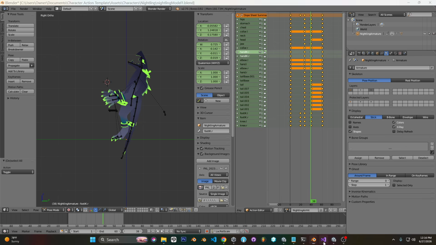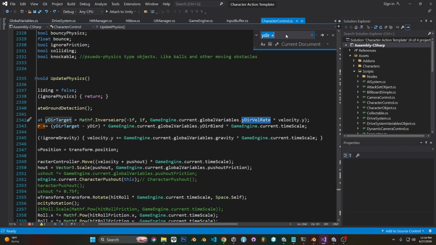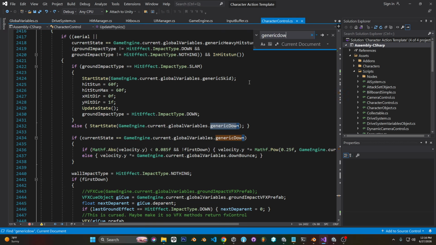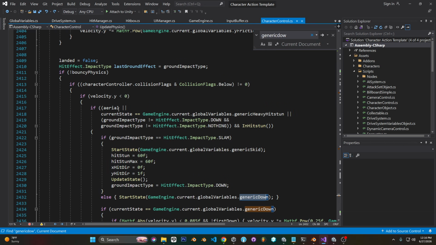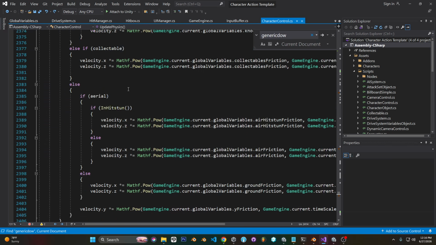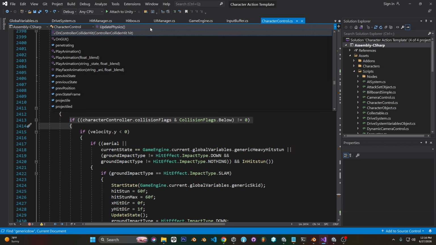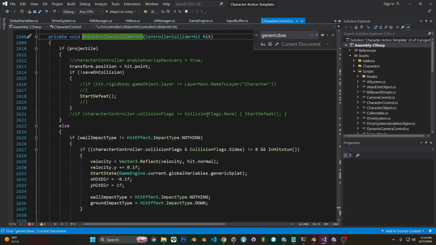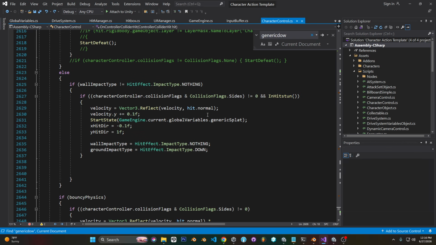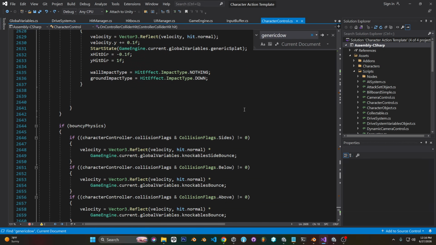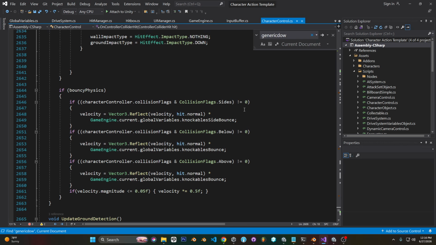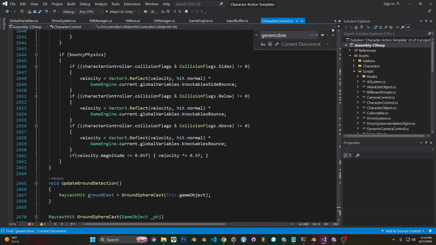Oh, I wanted to mention that. So how I do it is, in your character controller, if there's bouncy physics, like really cartoony bouncy, it just reflects everything. Basically, this is in the physics update. You can do it on the collider hit too, if you want. Here I do it. I'm not sure why. I might need both, but basically, oh,